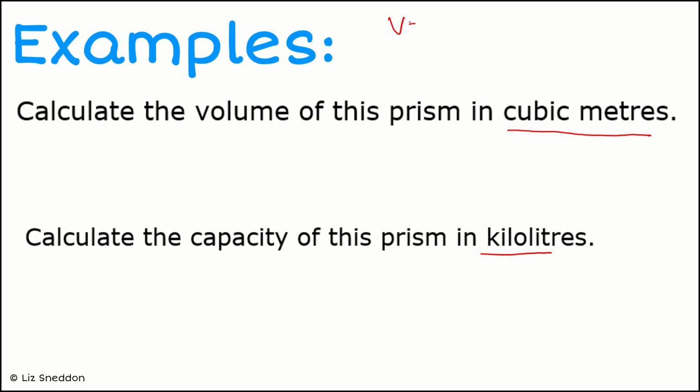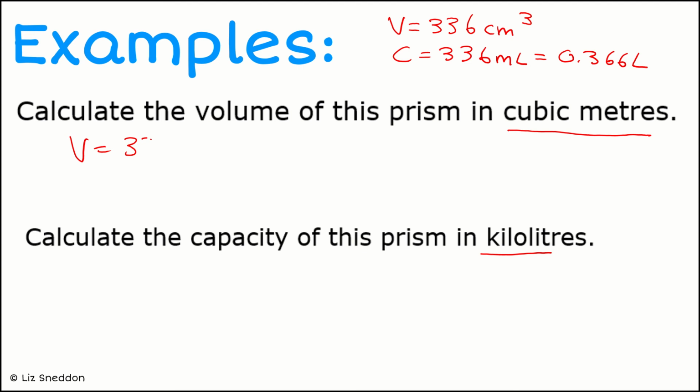So we started off with a volume of 336 centimeters cubed, and that was a capacity of 336 milliliters, or 0.336 litres. So now, a volume of 336 centimetres cubed, and I want to turn that into something in